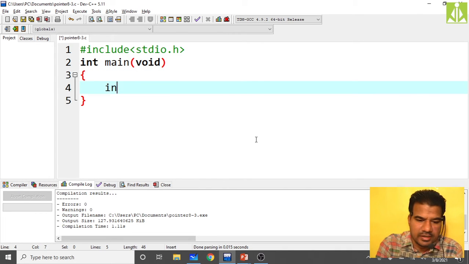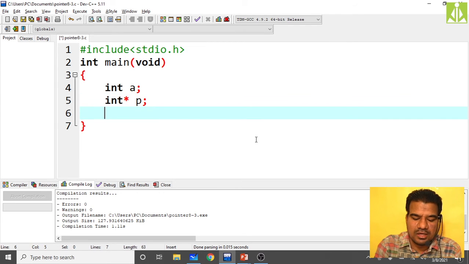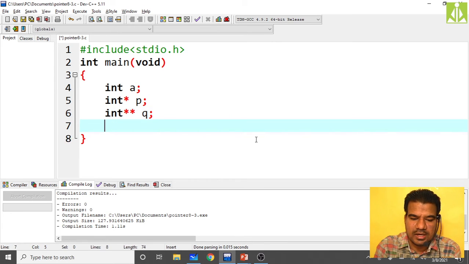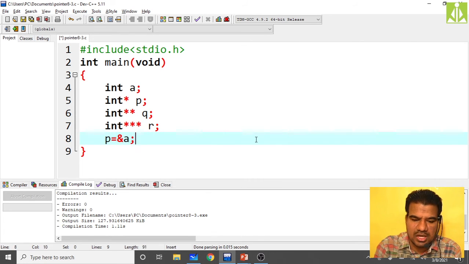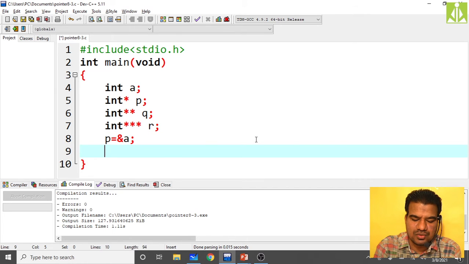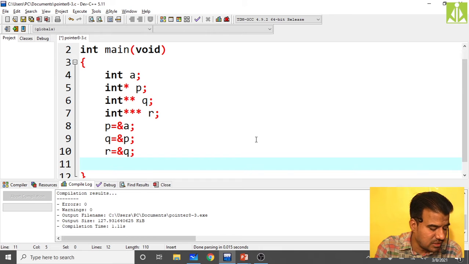Declare variable a, declare p as int star p, declare q as int star star q, declare r as int star star star r. Now store the address of a into p, that is p equals ampersand a. Now store the address of p into q, that is q equals ampersand p. Then store the address of q into r, r equals ampersand q. So the links have been formed.